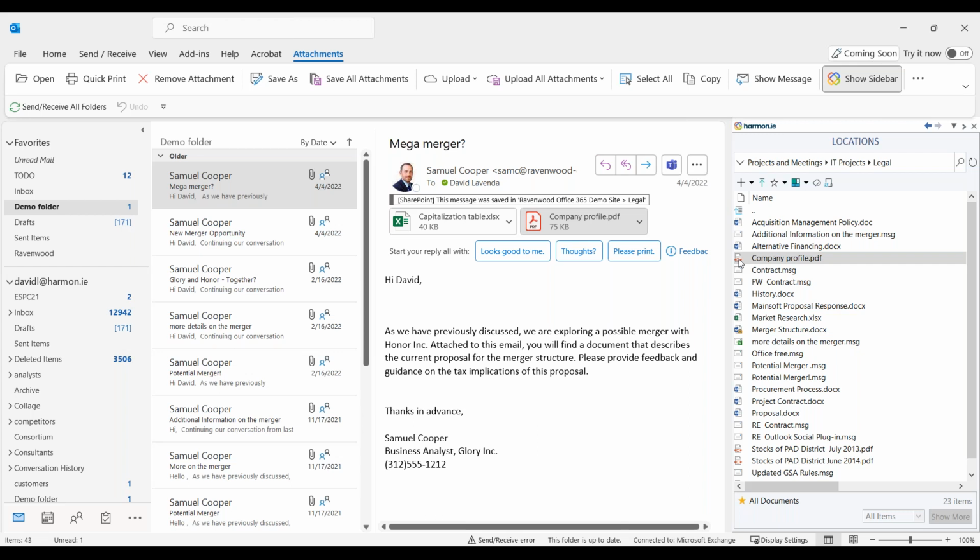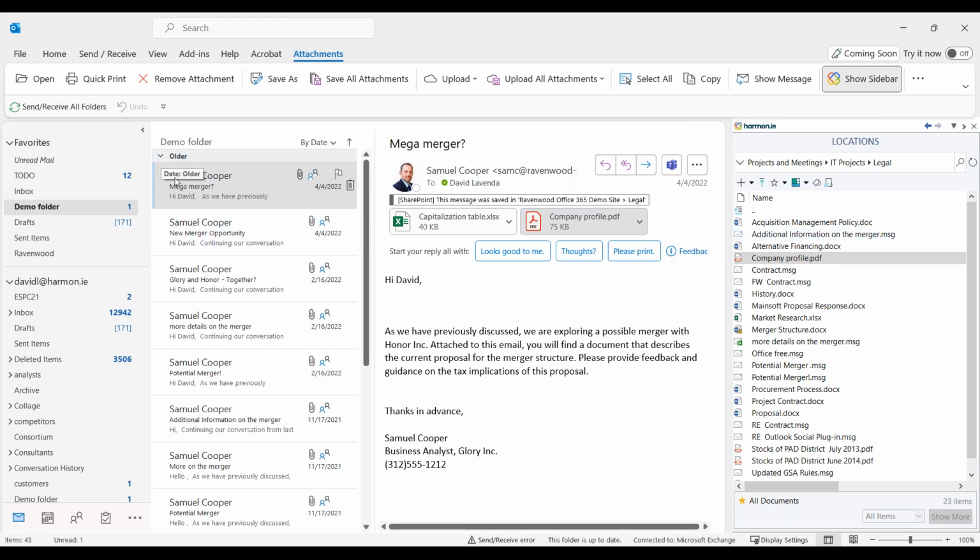As I mentioned before, the search capabilities are really critical here, because oftentimes people don't know where to share that document. At company profile with the Glory merger, where do I put it? Do I put it in the Glory folder? Do I put it in the merger folder? Don't know where to do it. Again, I can use the search capabilities to find like documents, so documents that are related to either similar mergers or other Glory documents. Find that, see that those documents, similar documents, are in that place, and then drag the